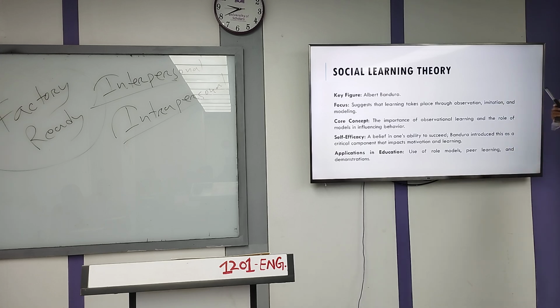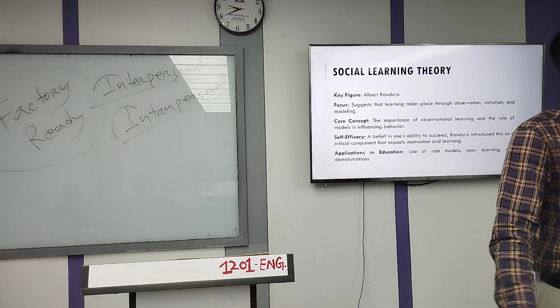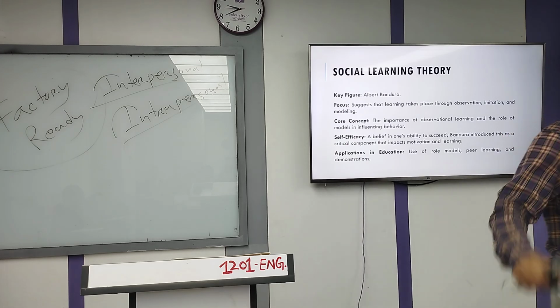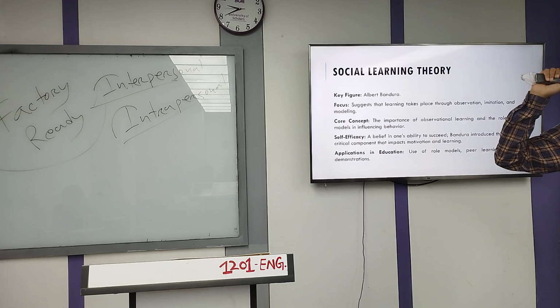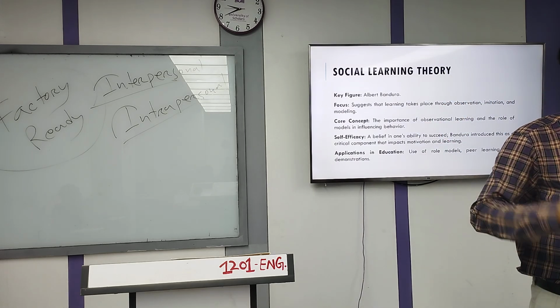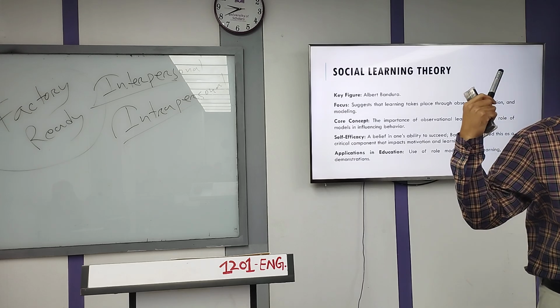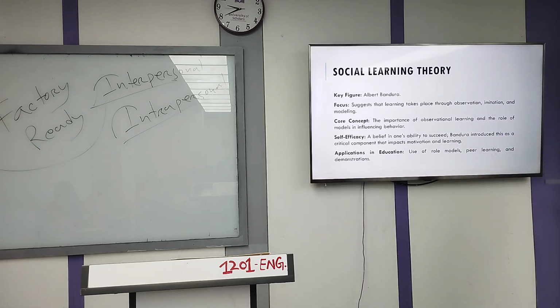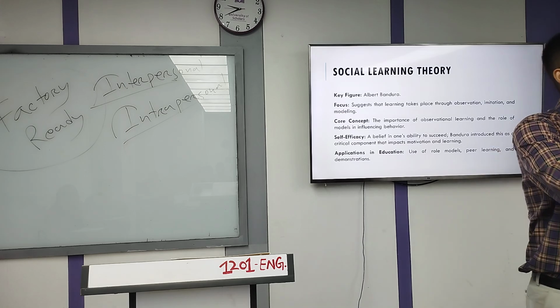So why are we learning social learning theory? Use of role models, peer learning and demonstration. See, use of role models, because maybe I can make you watch a video of some British learners to learn pronunciation. That's called role modeling. And then maybe peer learning, maybe I can make some groups so you will understand within